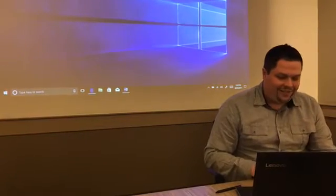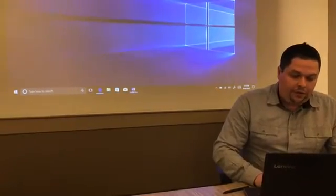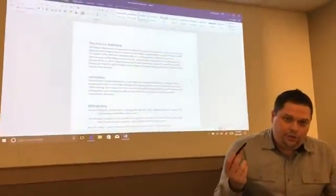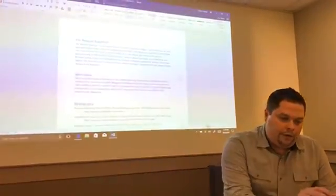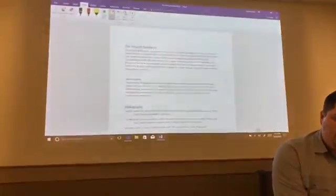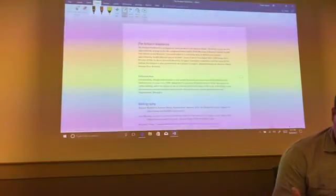Very quick, right? So the next feature we want to show off today is Ink Editor, and this is going to be in Word. Microsoft Word has a ton of features that will enable you with your pen, and we're going to work in a document today called the Amazon Rainforest. So to use the pen, I can go ahead and draw directly, but for Ink Editor features, I need to select the Draw tab here across the top and enable Ink Editor, which you'll see right here highlighted by my pen. So now that Ink Editor is on, I've got a number of functions that I can use to make sure this document gets marked up quickly and I get the edits that I want out of it